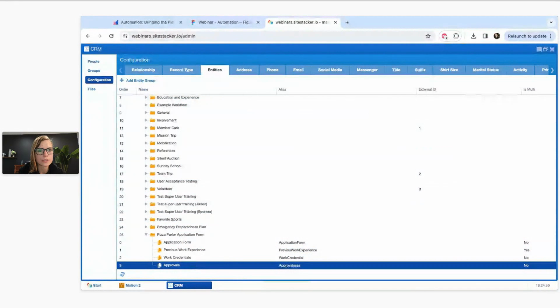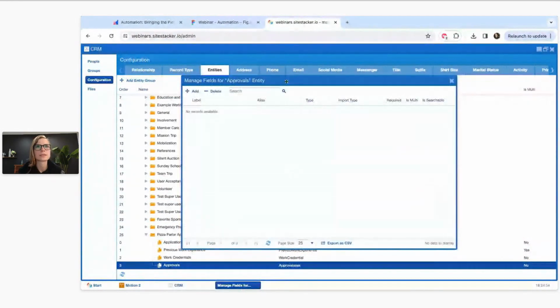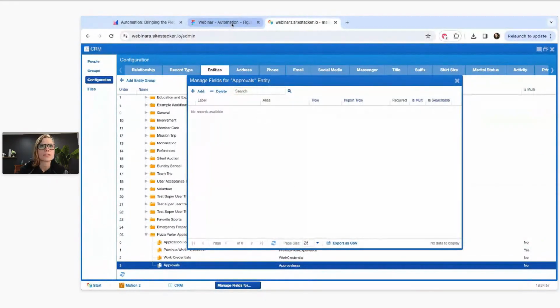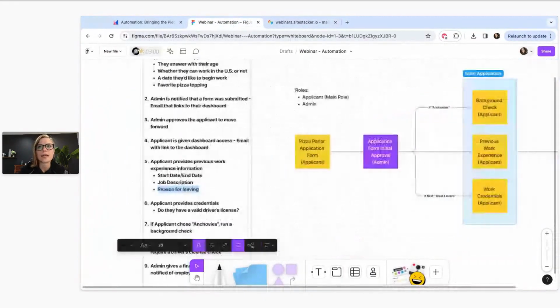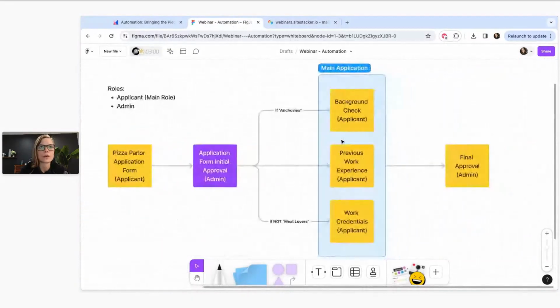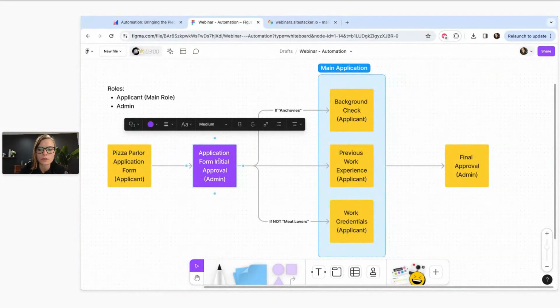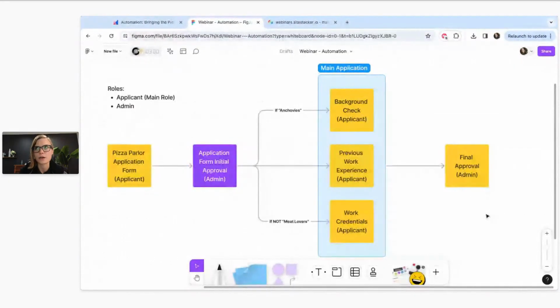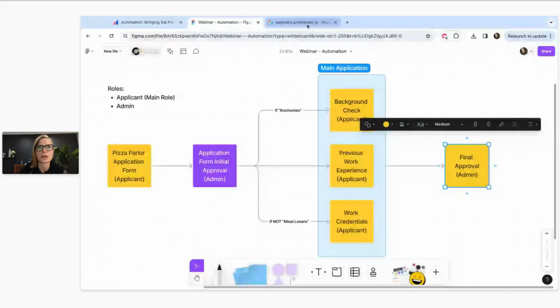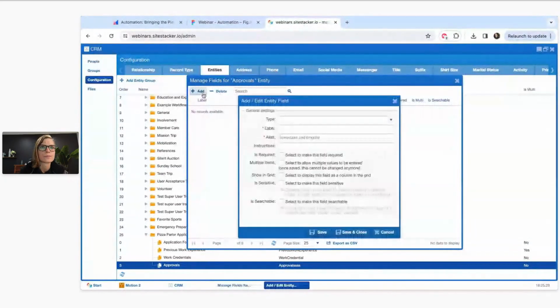We called it approvals. If I come in here, manage fields, what we're using this entity for is instead of just one task, we're kind of looking at the whole flow. We see, okay, we have this initial approval. So this is when the admin says, yeah, they're good to keep going in the application process. And then we have this final approval, which is the admin saying, okay, they're approved and they are good to go to be an employee here at the pizzeria. So instead of creating an entity for each one of these tasks, I'm just going to lump them together in a general approvals entity. So I'm going to make one for that initial task,